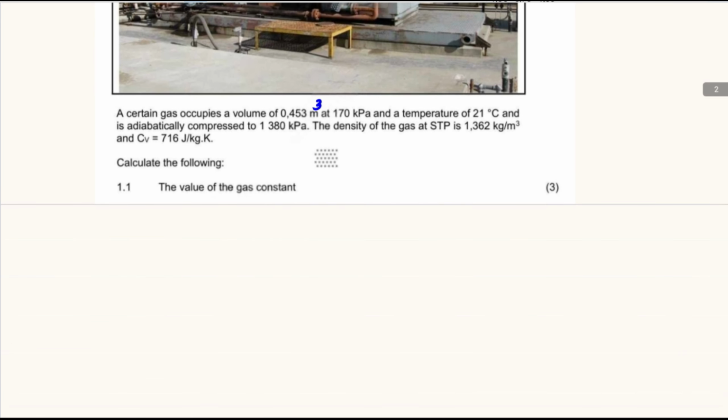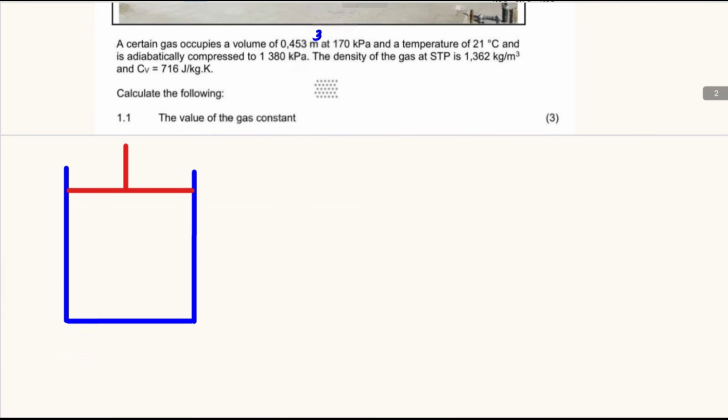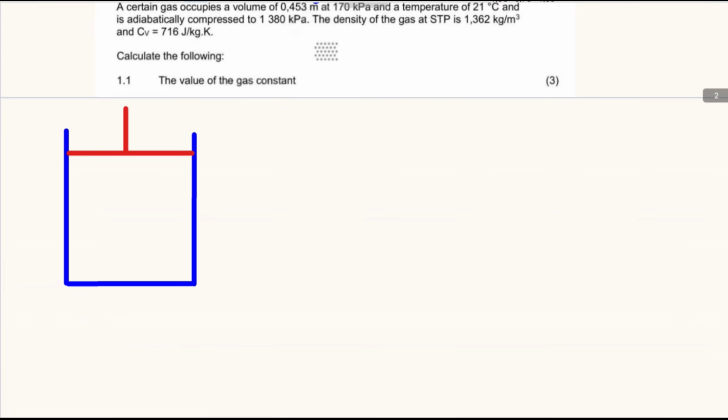Before we can answer question 1.1, we start by extracting our data, and we start by extracting the data for the initial condition before the adiabatic compression. Adiabatic compression simply means the gas is being compressed without any heat entering or leaving the system. All the temperature changes occur only from the work done on the gas. So we start with the initial condition,